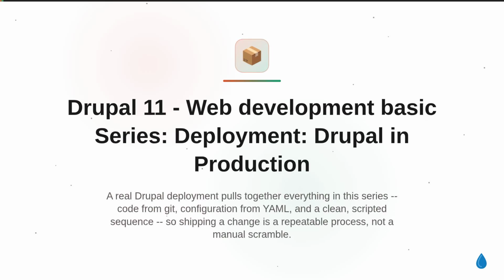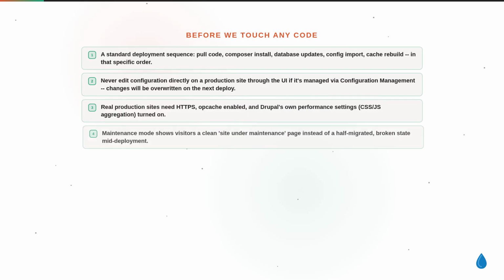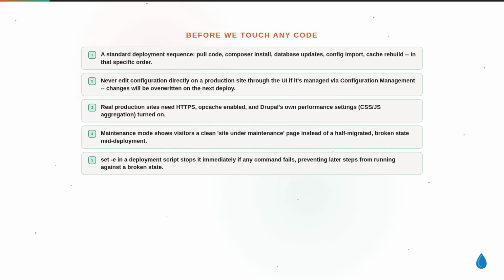A real Drupal deployment pulls together everything in this series: code from Git, configuration from YAML, and a clean, scripted sequence, so shipping a change is a repeatable process, not a manual scramble. Before we touch any code, here's the whole idea in a few facts: a standard deployment sequence: